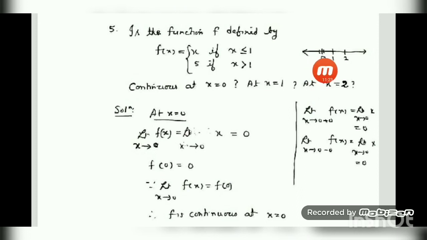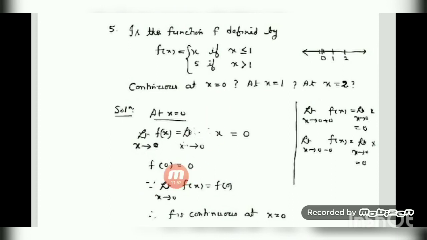So in both the cases, the value will be less than 1, right? So here it is sufficient to write directly, simply limit x tends to 0. No need to separate left and right, because for both the function is defined only by x. So limit x tends to 0 of f(x), where the value is x, and substituting x, we got 0.